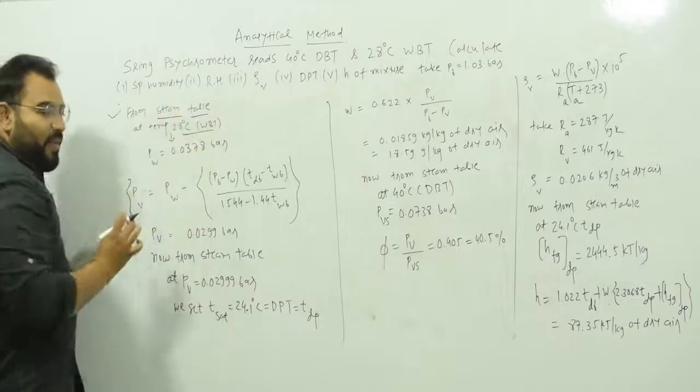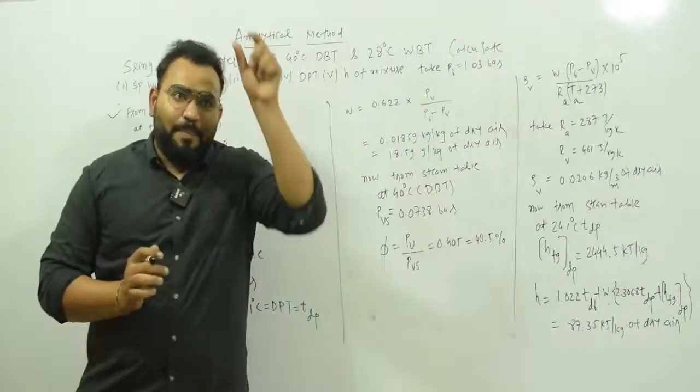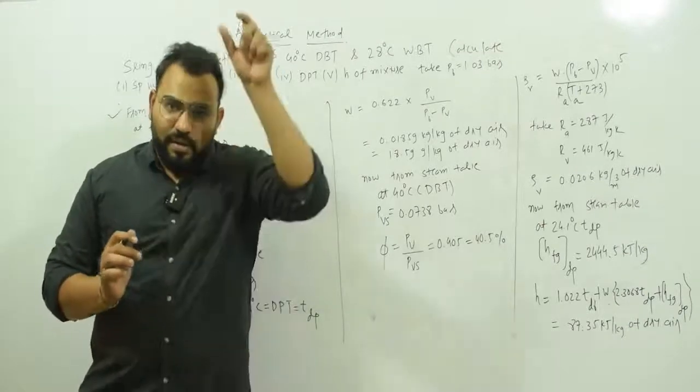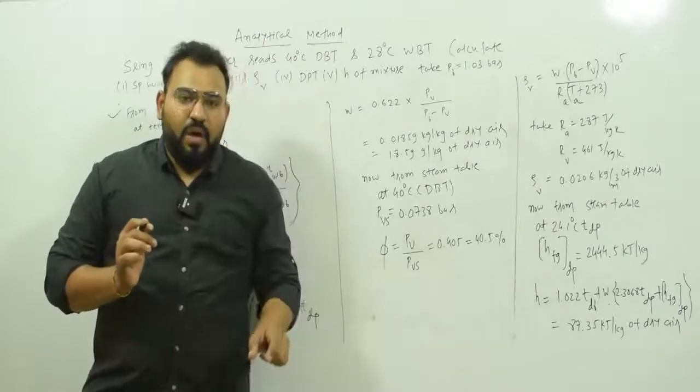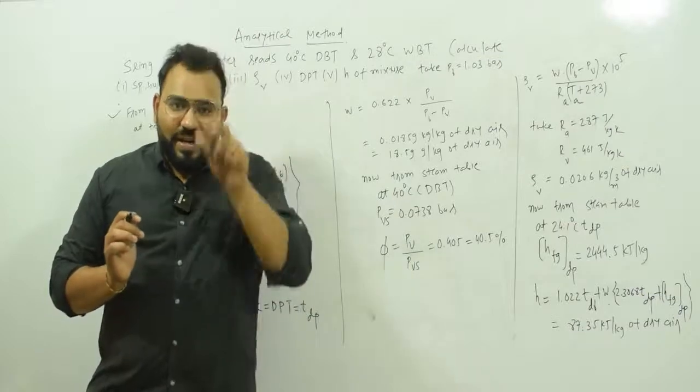So see the steam table. In the steam table you will have a temperature and pressure column, a vertical column like this. Temperature reading in one vertical column and pressure reading in another vertical column.